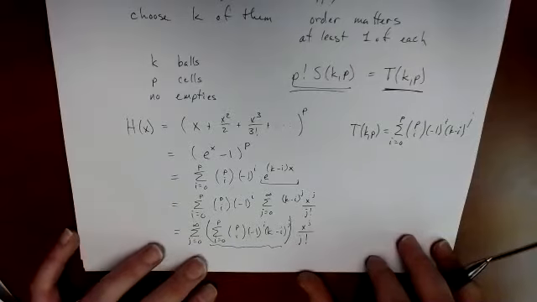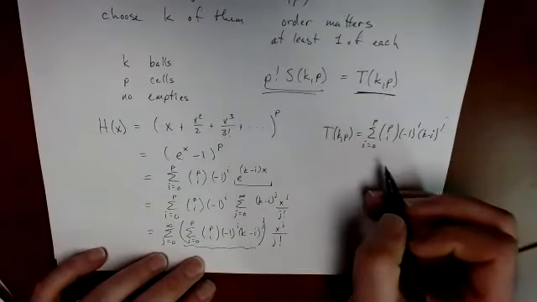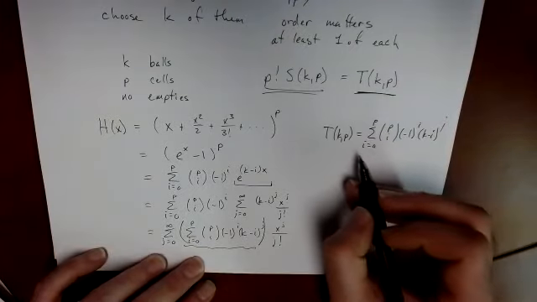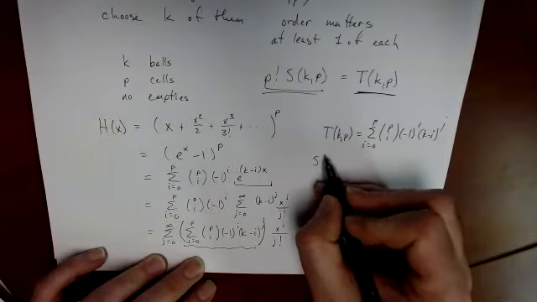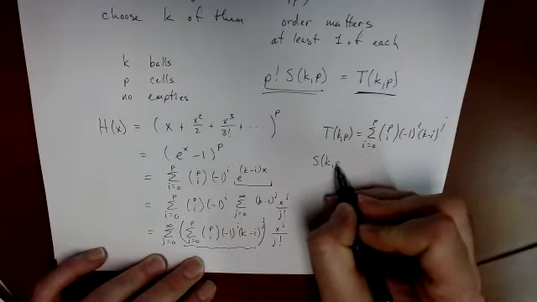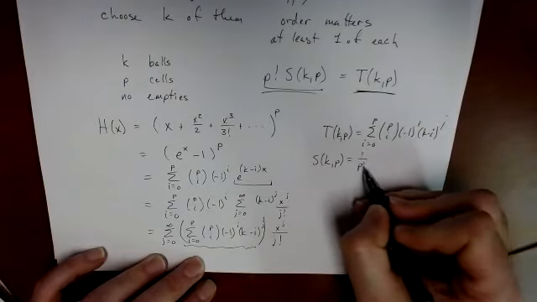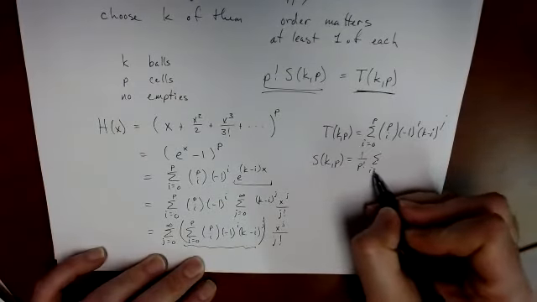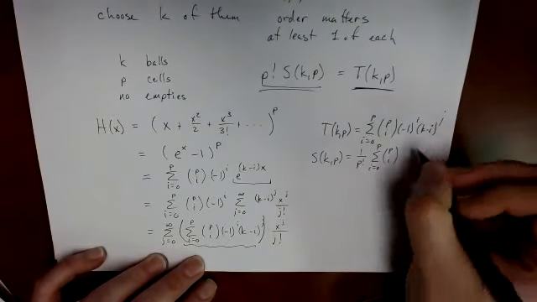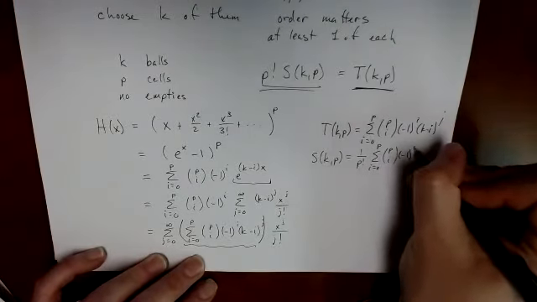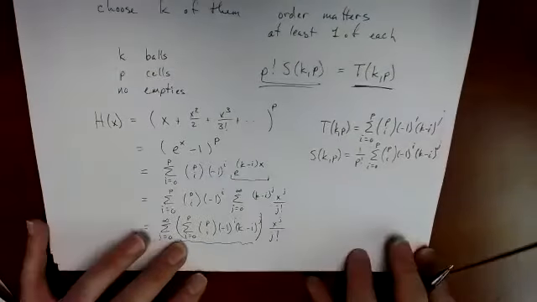Now this is not written with the same letters we used, but this means that the Stirling number formula, S of k p equals 1 over p factorial times the sum as i goes from 0 to p of p choose i, minus 1 to the i, k minus i to the j,